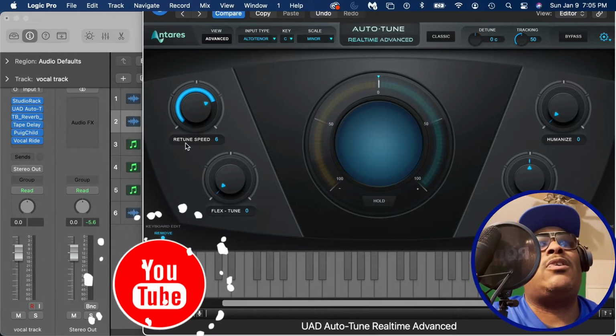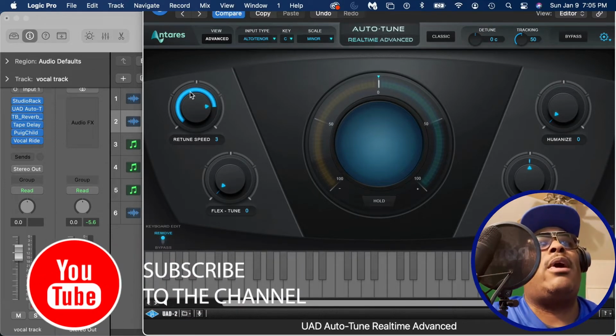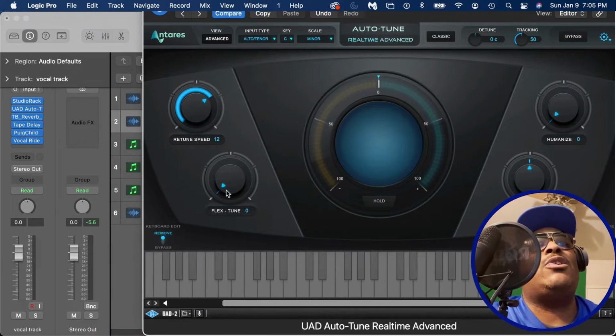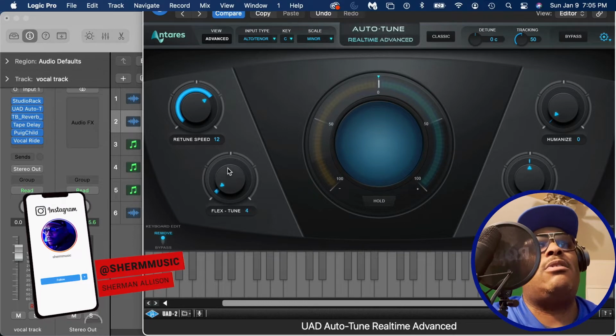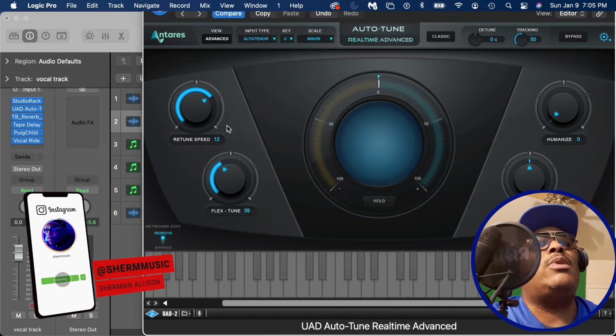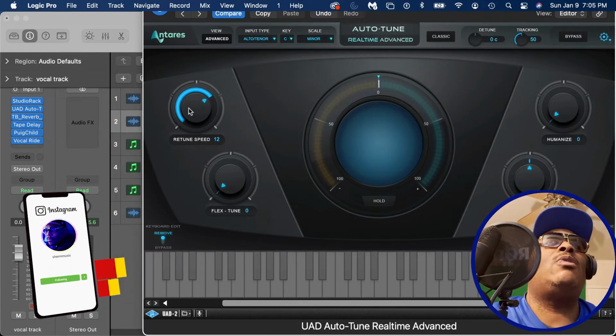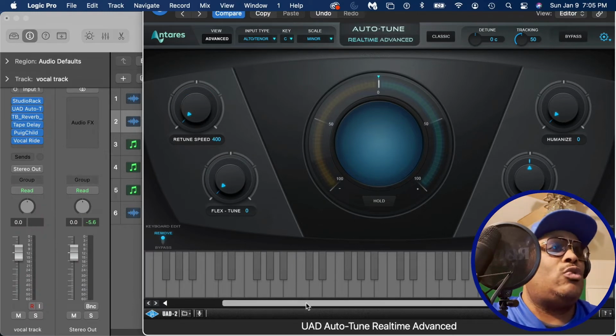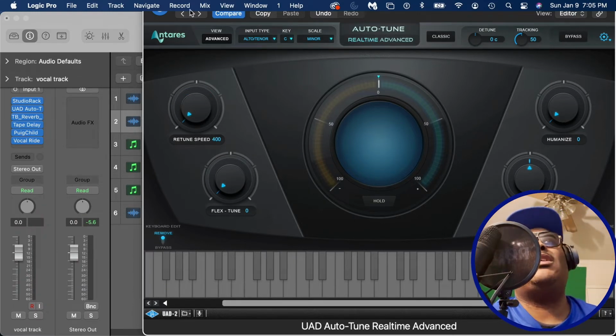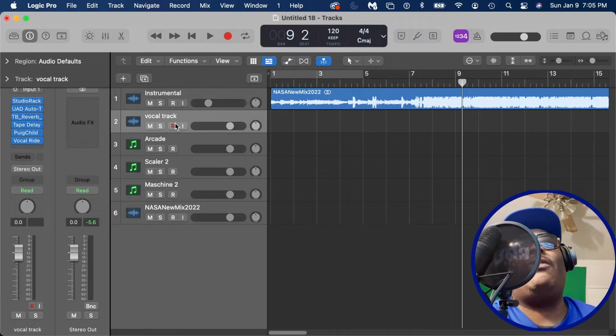And then this here gives you more auto tune. And if you want that much auto tune, you can add this here, and this adds more humanization to it. So yeah, UAD Auto Tune Real Time is the auto tune of my choice. It's what I like to use. All right, I also have on the vocal track,